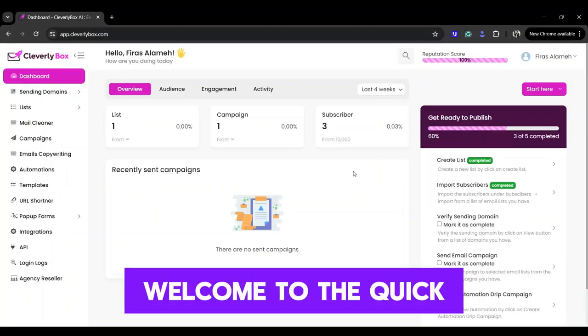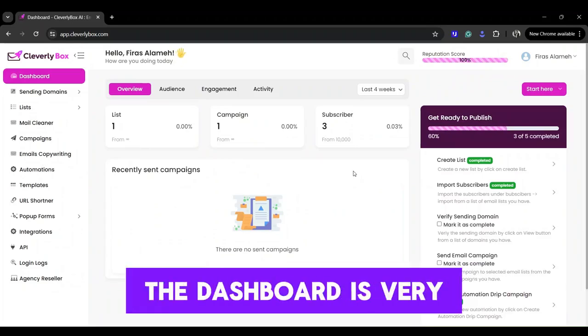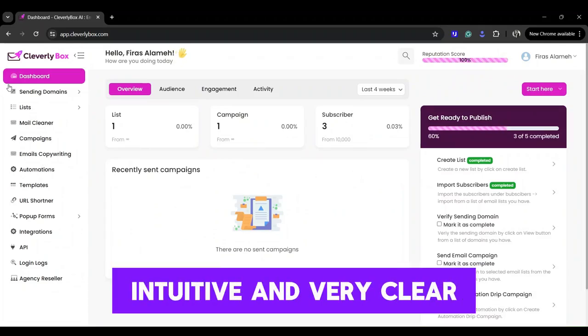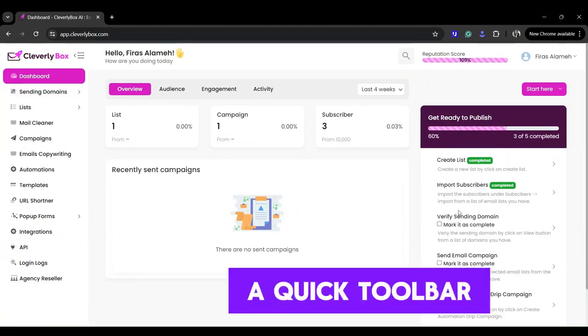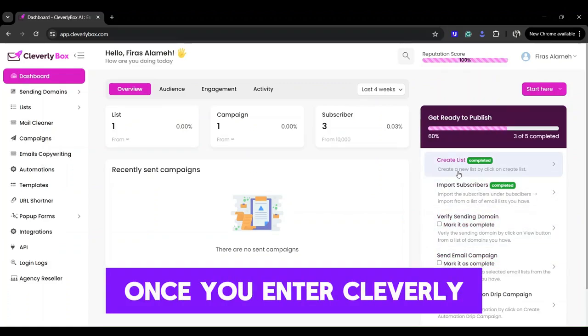Welcome to the quick demo of CleverlyBox. Now, as you can see right here, the dashboard is very intuitive and very clear. Now, we've got here a quick toolbar that showcases the 5 steps that you need to do once you enter